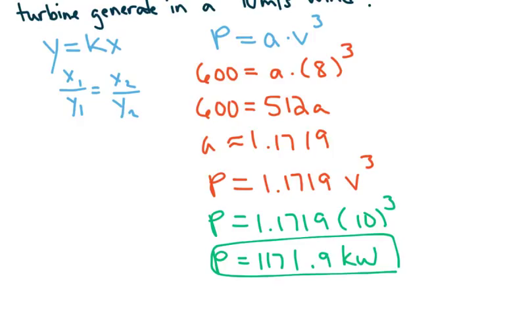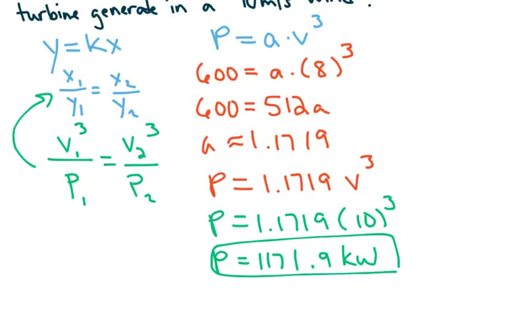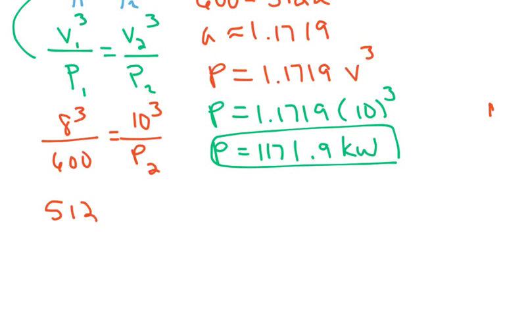Well, what if you wanted to use the proportion? Now, remember y is your output and x is your input. So V1 cubed over P1 would equal V2 cubed over P2. How did I come up with that proportion from this? Well, remember that we said that the power varies directly as the cube of the velocity. So notice that the cube of the velocity ended up in the proportion. So what I could have done was I could have done 8 cubed over 600 is equal to 10 cubed over P2. And then I could have just solved that proportion,